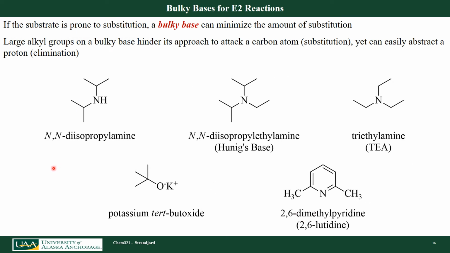Let's look at some bulky bases. It turns out that bulky bases can either be potassium t-butoxide, that we showed in the last slide, and that's a very common one, but we can also use some of these amines. You can see this N,N-diisopropylamine has these big two isopropyl groups in there, and I know that amines are basic. Here's another one, which is N,N-diisopropylethylamine, and here's the last one, triethylamine,